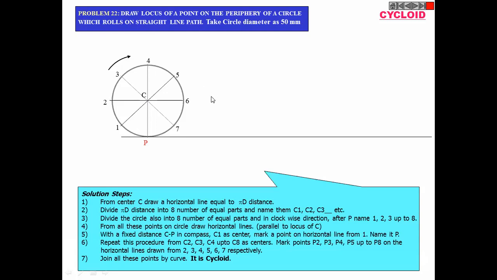The procedure will remain the same. What we will do is extend horizontal lines from all these points first of all. How, I will show you like this. And this is the pi d. What is d? D is this diameter. Okay. So again, we assume that this much length is being opened out from P to P. So it will end here like this. Now we will divide it into equal segments, because how many segments? 1, 2, 3, 4, 5, 6, 7, and 8. So we will divide this into 8, like 1, 2, 3, 4, 5, 6, 7, and 8.